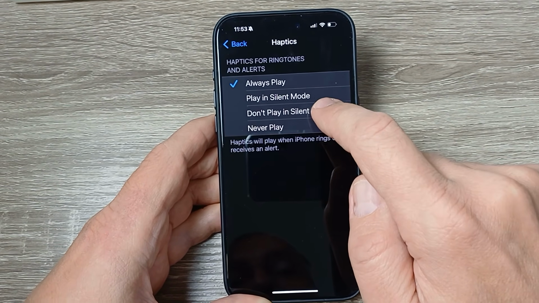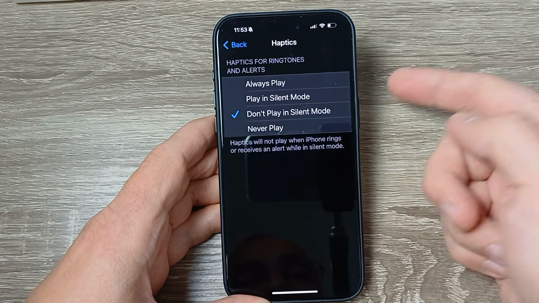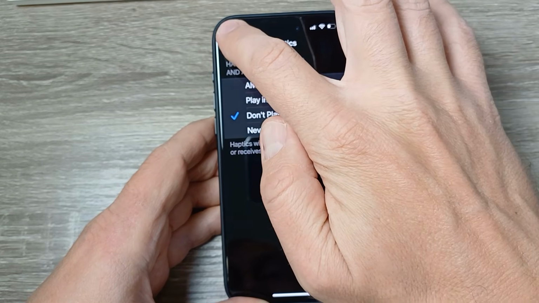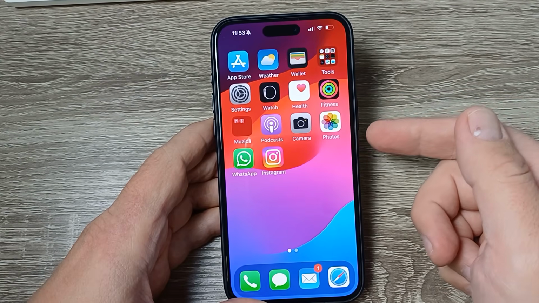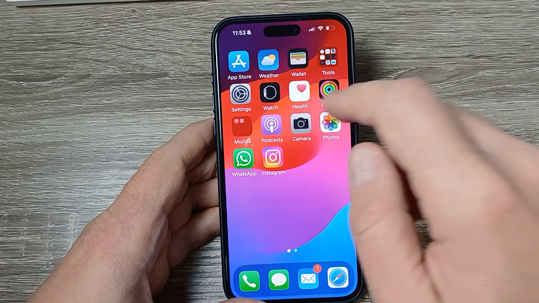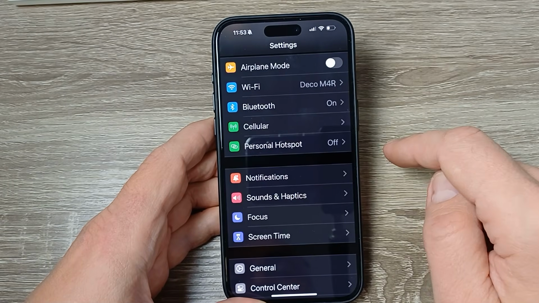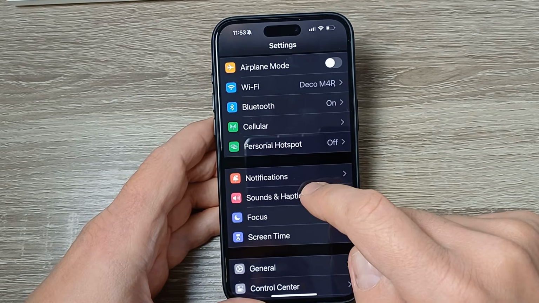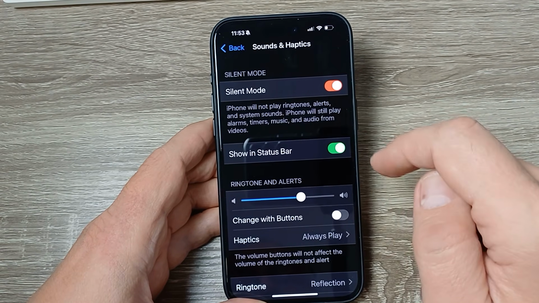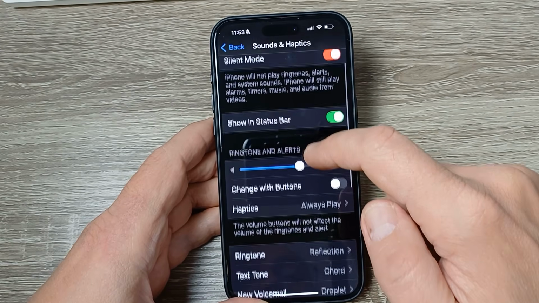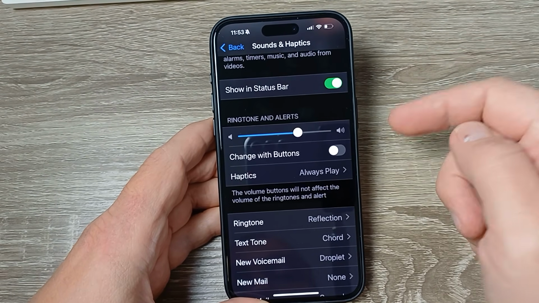In this video I will show you how to disable vibrations on silent mode on iPhone 15 Pro and Pro Max. So here is my 15 Pro Max and to do that just go to Settings and here tap on Sounds and Haptics. Now as you can see my phone is on silent mode and to disable vibration in this mode